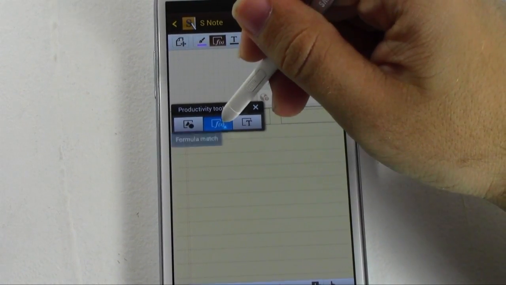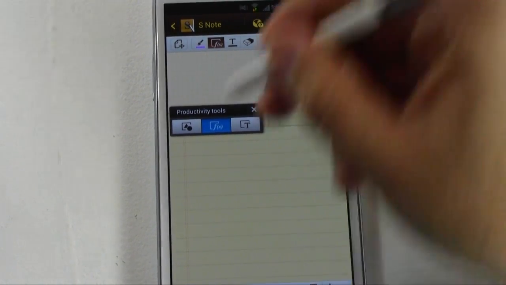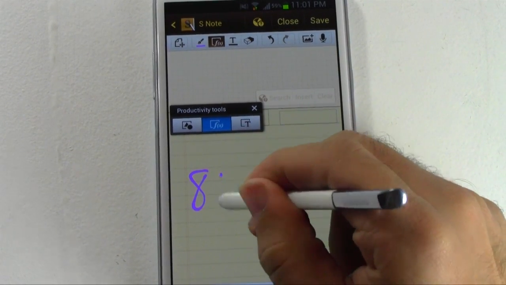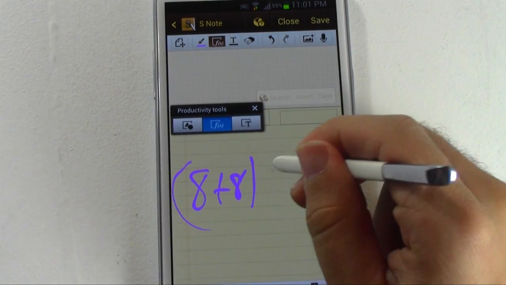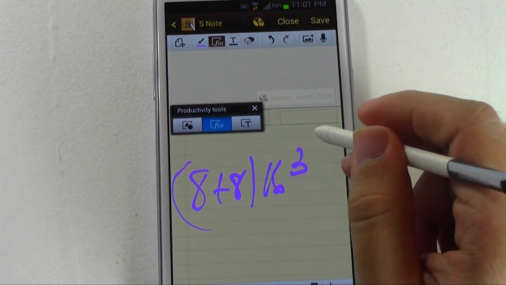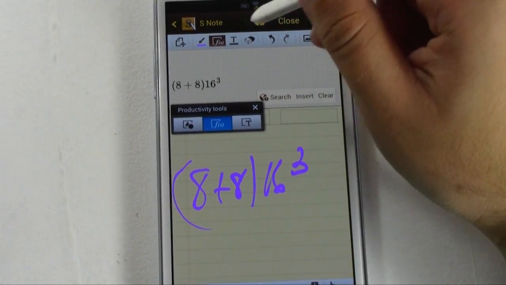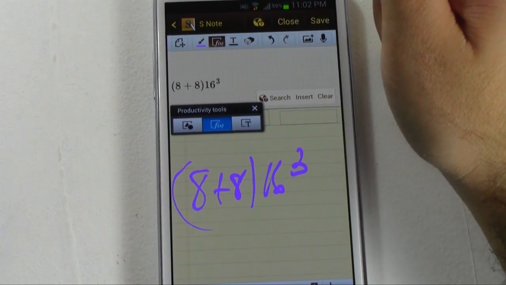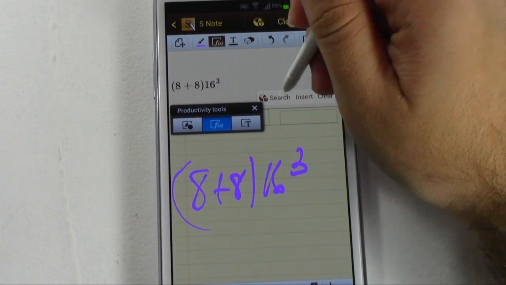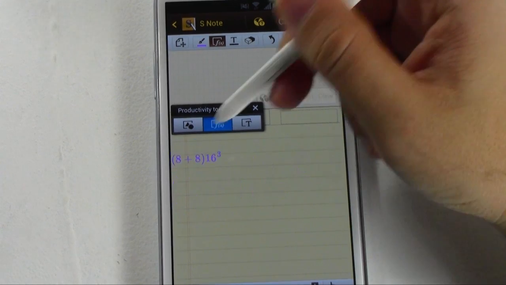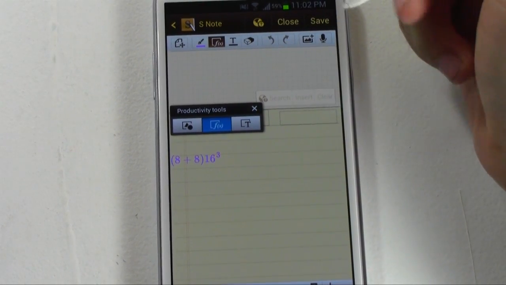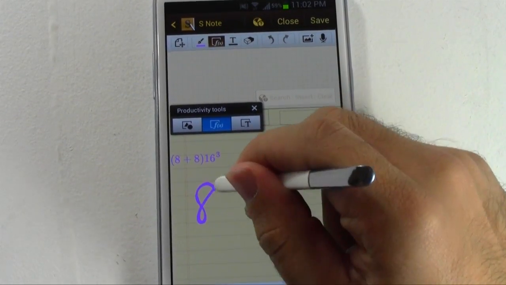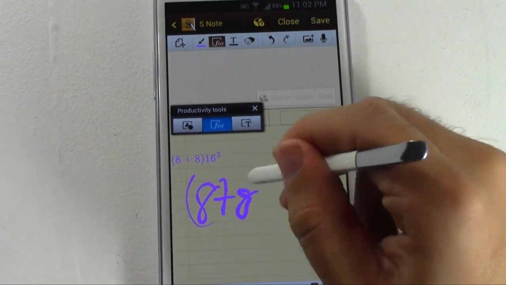The first one is the formula one, which you can basically do your homework with. That is ugly writing, but I think it still got it, yep. So 8 plus 8 is 16.3, and then we can just insert. So if we want it to be written nicely, we can do that. Or if we wanted to figure it out,